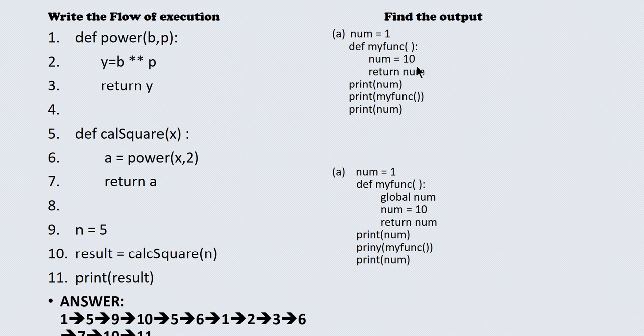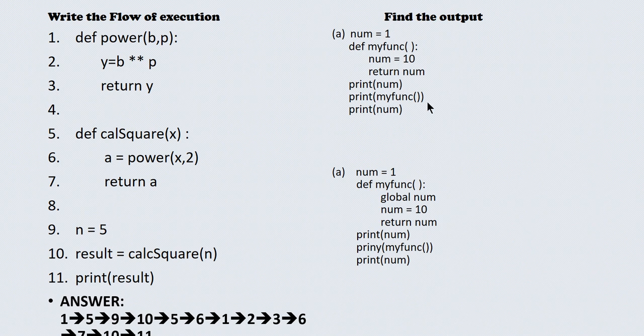So only inside this function can this value 10 be accessed. This value will not be applied to the global variable. And then return num, whatever value has been initialized, the function returns that value. So when you give print num, what value will be printed? Here this is a top level statement. In a top level statement, what is the value that you can access? It is only the global variable. So here it will print the value 1.